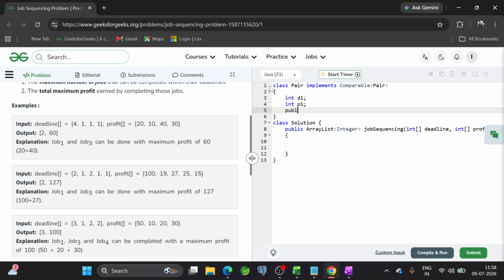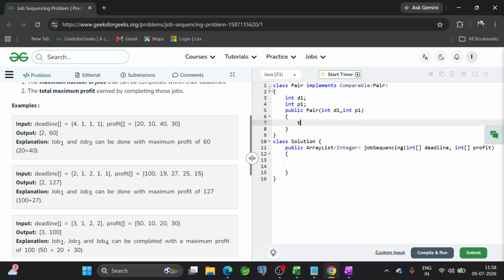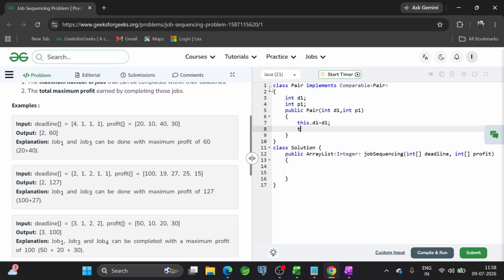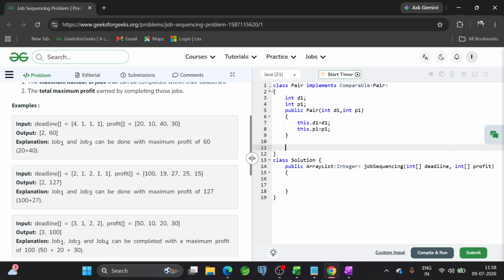Then in the constructor I take int d1 and int p1, this.d1 equals d1 and this.p1 equals p1. Then this interface contains one method, the compareTo method, so I am defining that method here.